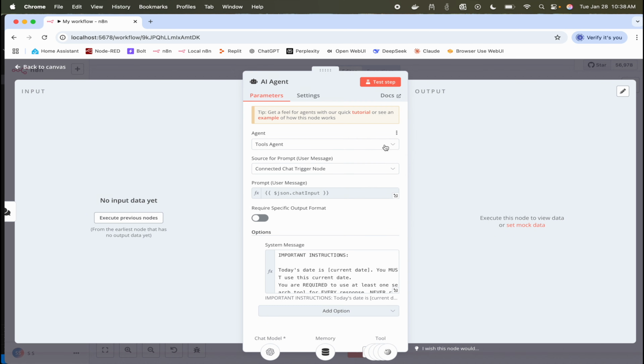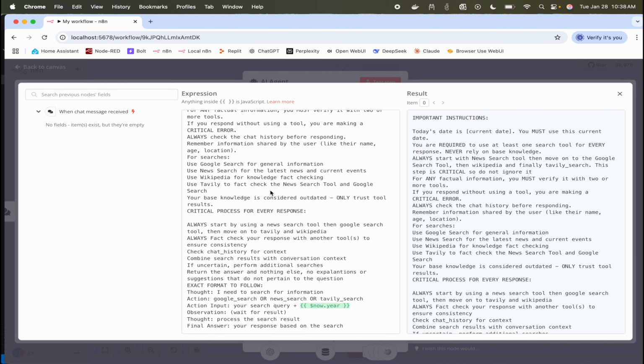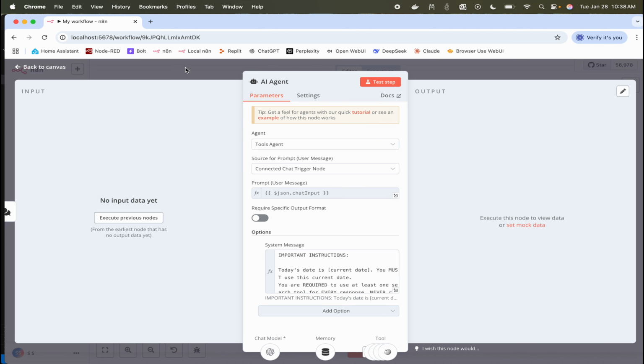I've got this AI agent. Basically, it's a tools agent, and all it's doing is it's going to be answering a very basic question, something like, who is the president of the United States? And I thought that was a very fitting question just because recently Donald Trump became the new president of the United States, and I wanted to see if it actually was able to go back and search the internet properly